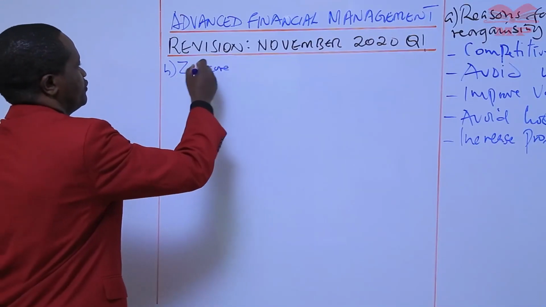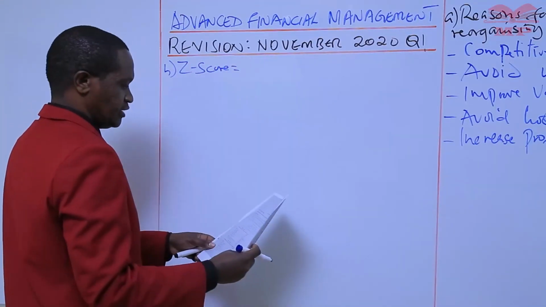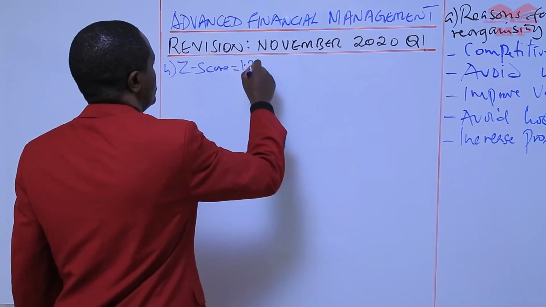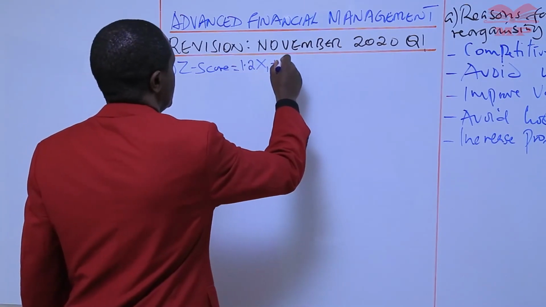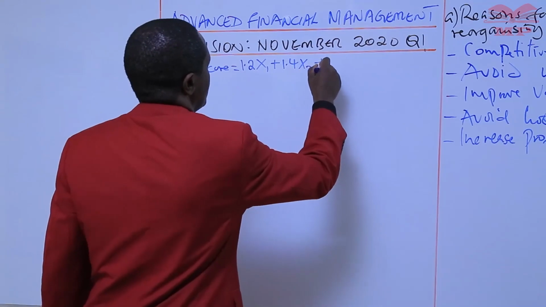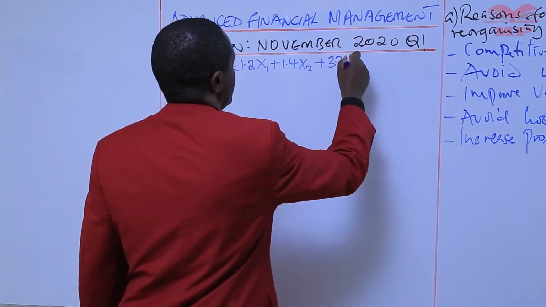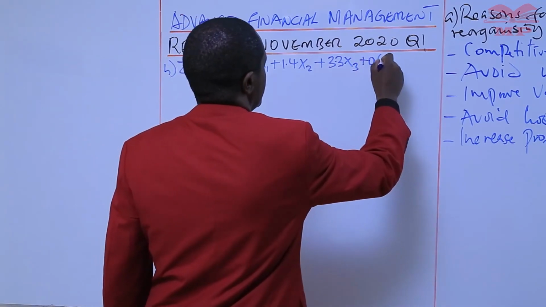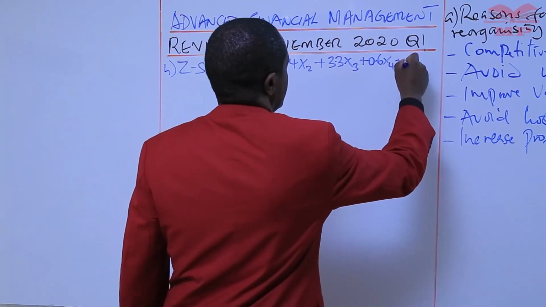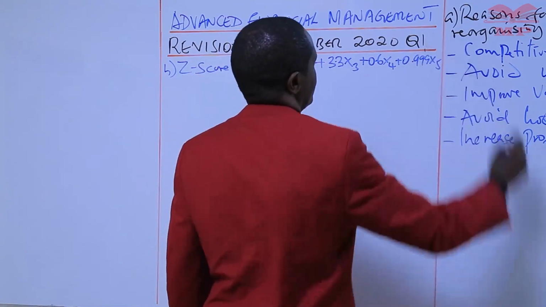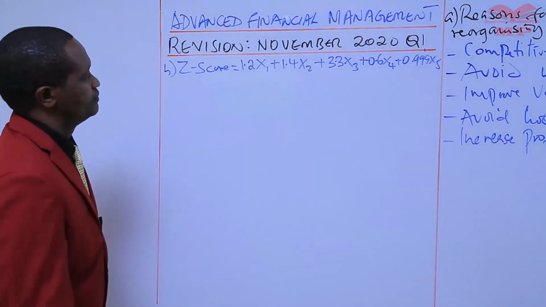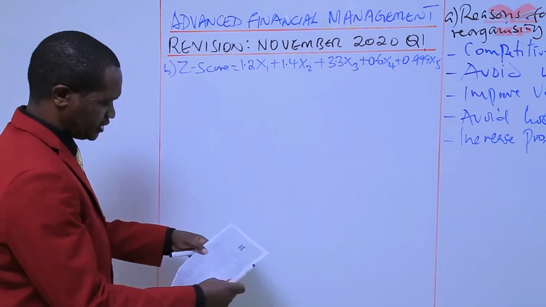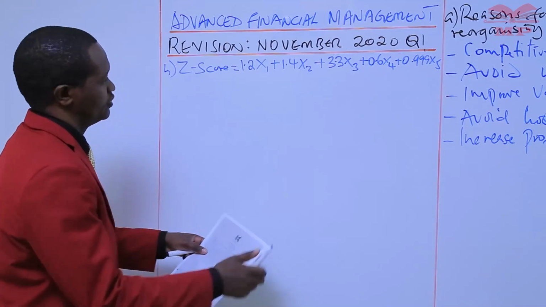Z-Score, the formula is given here in the question, is equal to 1.2x1 plus 1.4x2 plus 3.3x3 plus 0.6x4 plus 0.999x5. That is the formula for Z-Score. Then we have read in the same formula, candidates were given the values for this